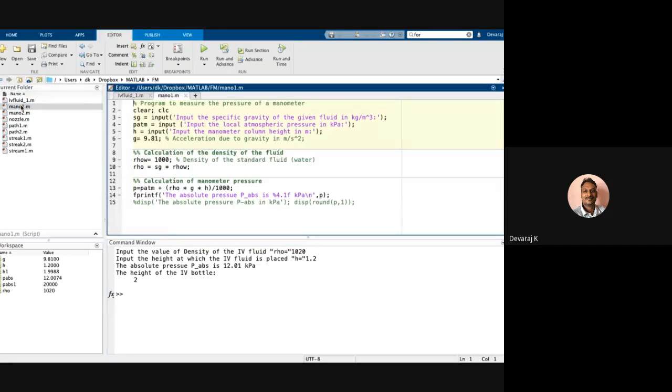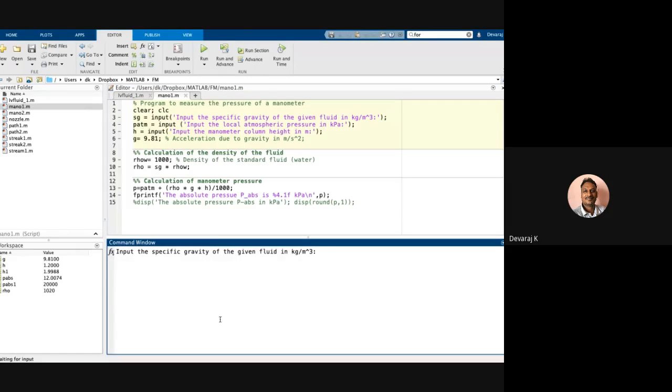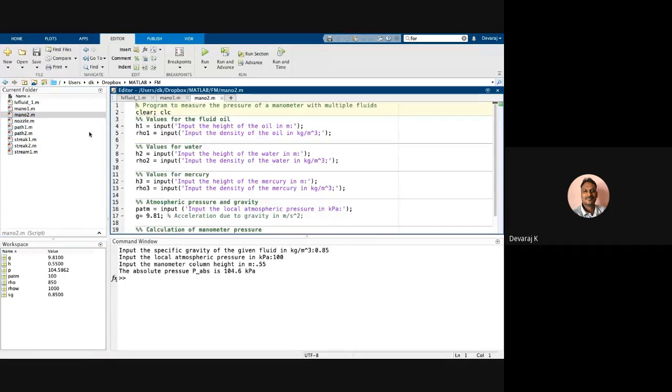Now going to the manometer fluid. So here once again we have P atmospheric plus rho G L. I'm not going to take too much time on this, or the nozzle, but pathline, streamline, and all I'll take more time. Now, if I try to run this code, it asks to input the specific gravity of that particular fluid. Let me put it as 0.85 or 0.95, whatever it may be. From atmospheric pressure as local. What is your column of your particular thing? So let me put it as 0.55 or 0.6 meter, whatever it may be. You can see automatically it calculates the absolute pressure. It's a simple thing. Once again, I'm using the fprint option and display option. The same thing holds good for your second code, that is the other manometer code also, where I have to input all the three heights of the three fluids as well as the